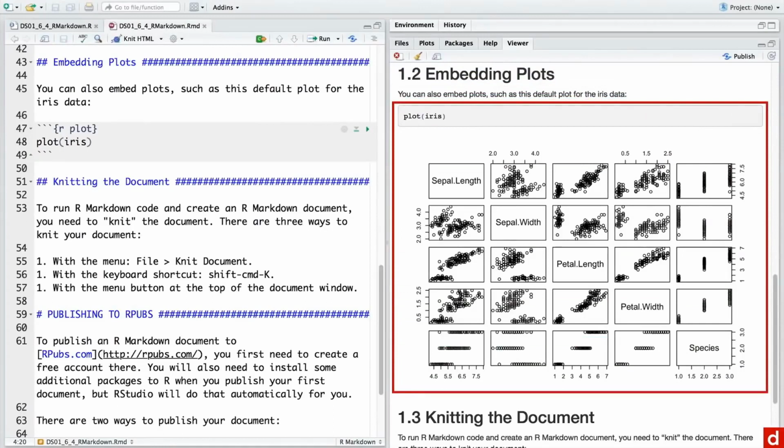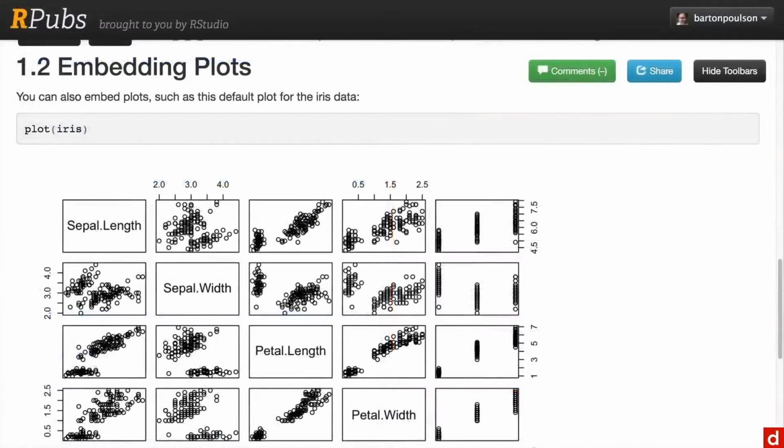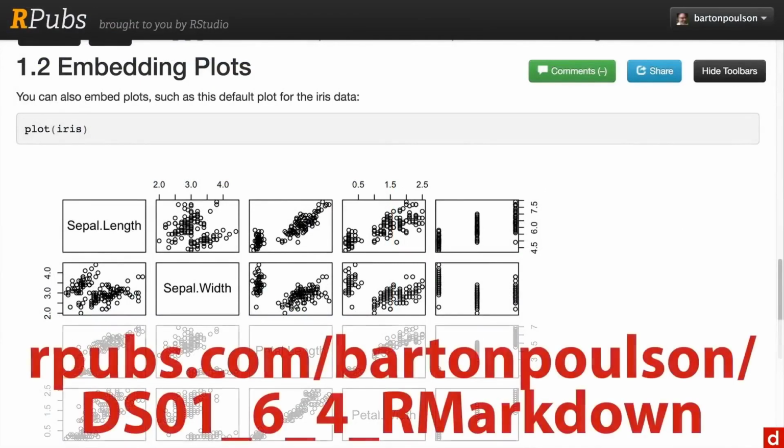And then if you do R Markdown, you actually have the option of uploading the document into something called RPubs. And that's an online document that can be made accessible to anybody. Here's the same document. And if you want to go see it, you can go to this address. It's kind of long, so I'm going to let you write that one down yourself.